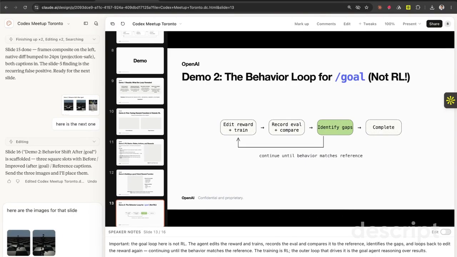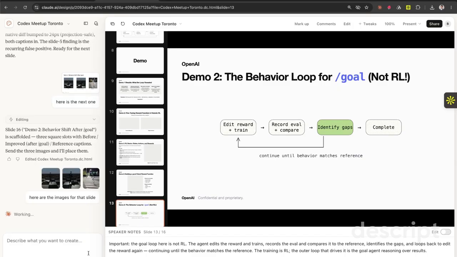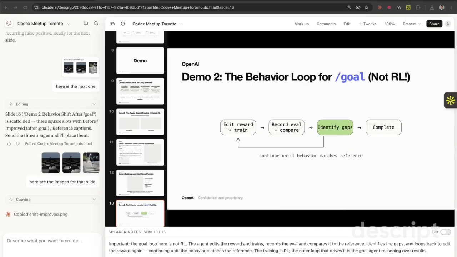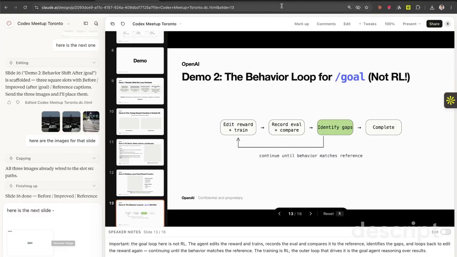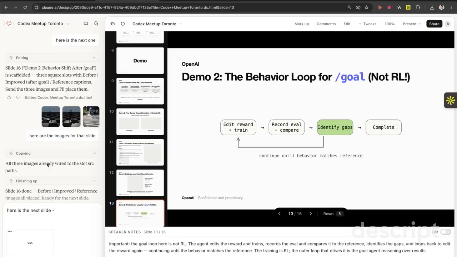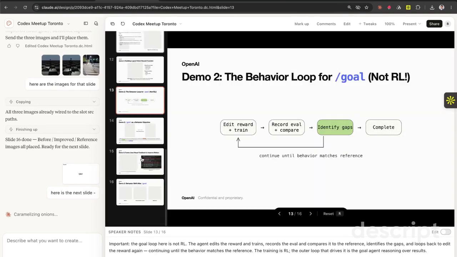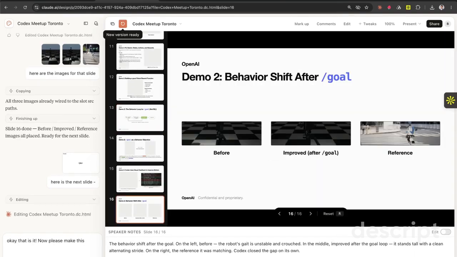Back in Claude, we send 3 frames and it scaffolds slide 16 with before, improved, and reference caption slots ready to fill. We pop back to Google Slides once more to pull the exact images Claude needs for that slide. Claude wires all 3 images into their slots and reports slide 16 done, with before, improved, and reference all in